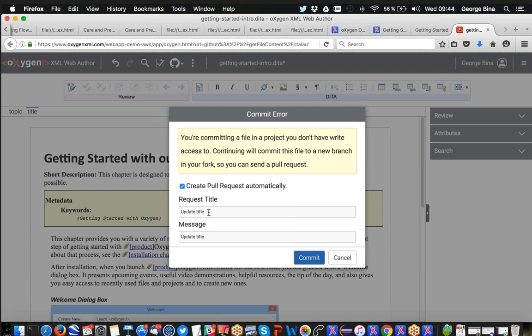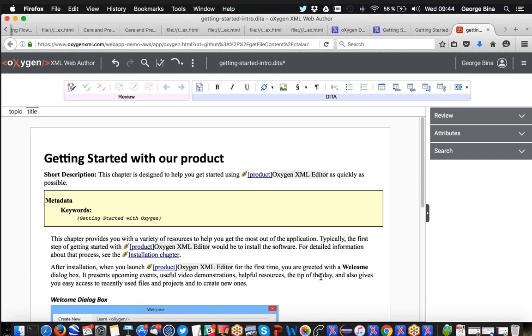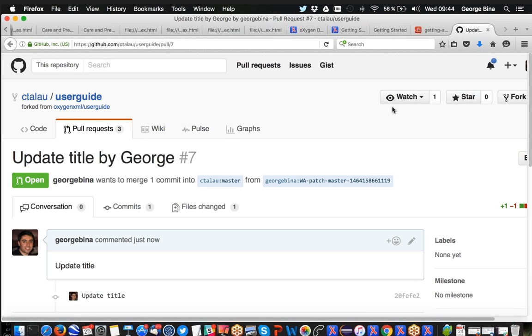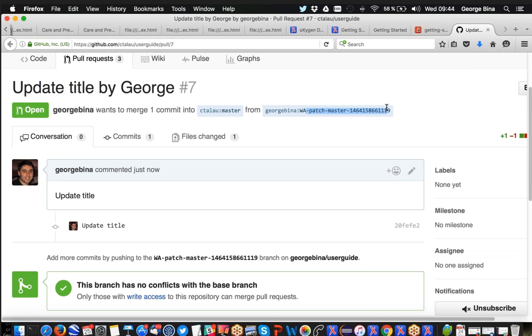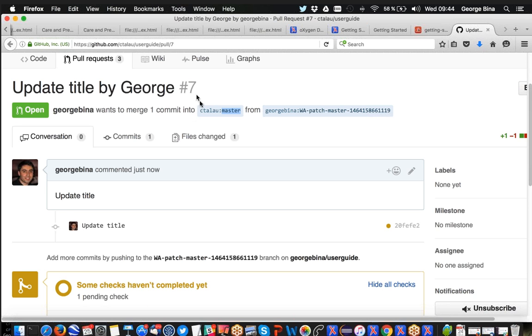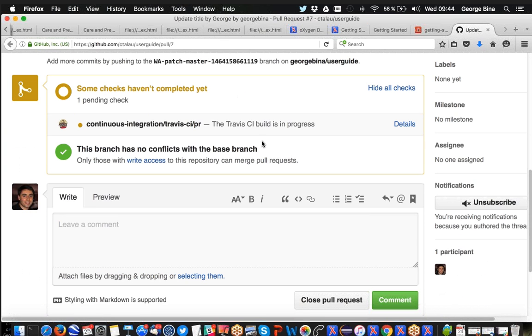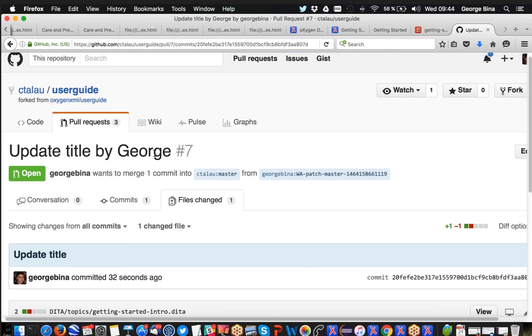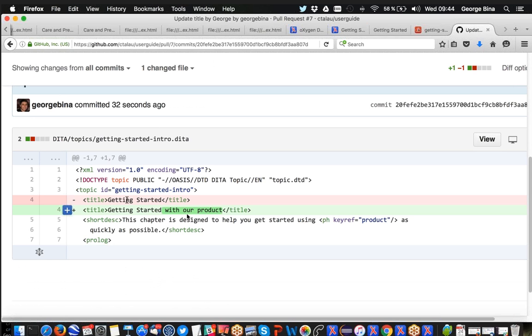and you can provide an additional name for your request. And when you say commit, it will automatically commit into my repository, into a clone of my repository, and create a new branch for my content, and send that request to the owner of the source code. So now my colleague Christy can accept, let's say, the pull request, and he will get this update, right? So you can also click and see what change was made,